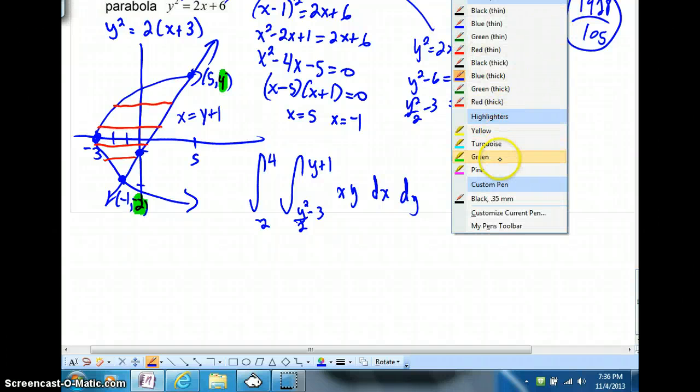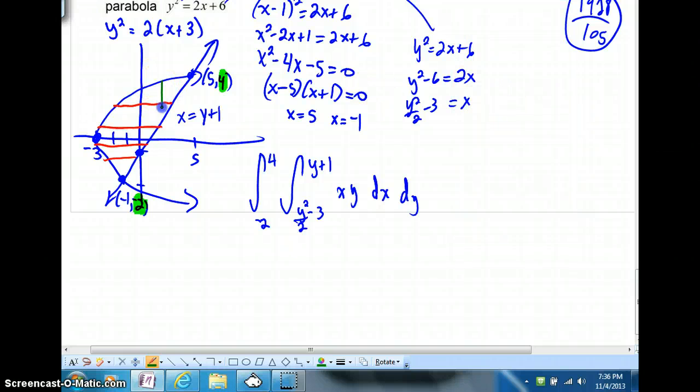Just highlighting in green over here, you'd have a boundary of the parabola and then the line, and over here it's the parabola and the parabola. So you don't want to go that direction at all. Instead, let's just